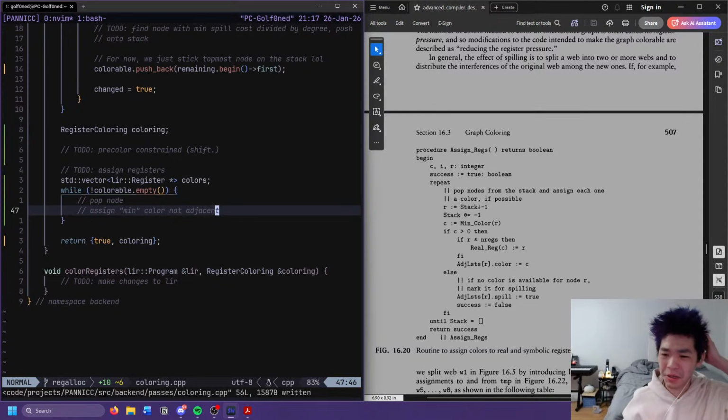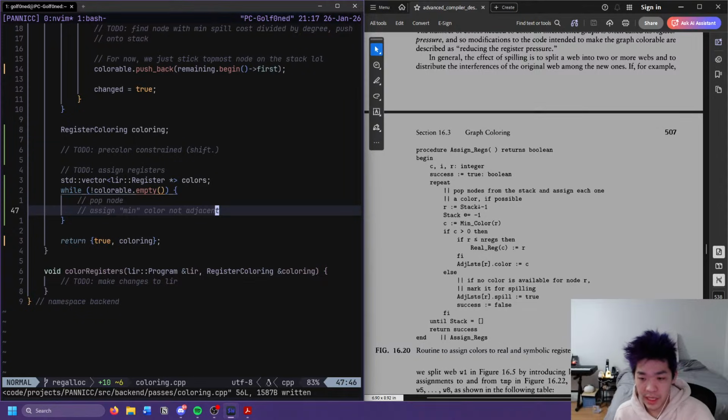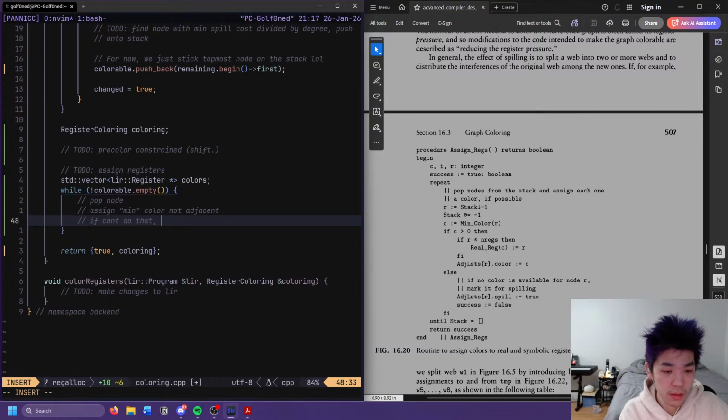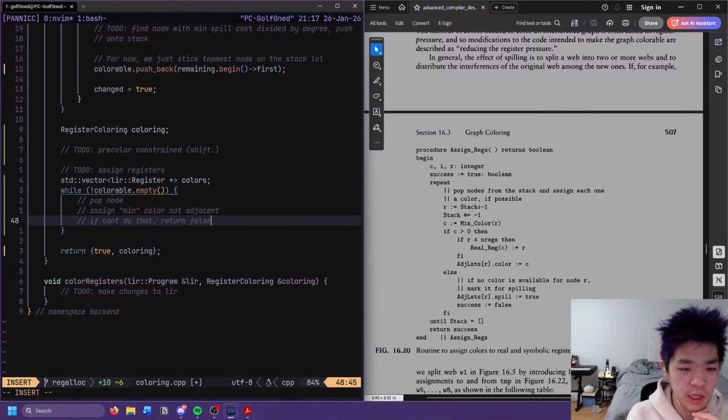I'm not really sure how to do that, but we can figure out a way to do that. And then if we can't do that, then we return false. Or maybe we should finish coloring as well beyond that. We could give it 0. Or I guess, yeah, we could give it null pointer.